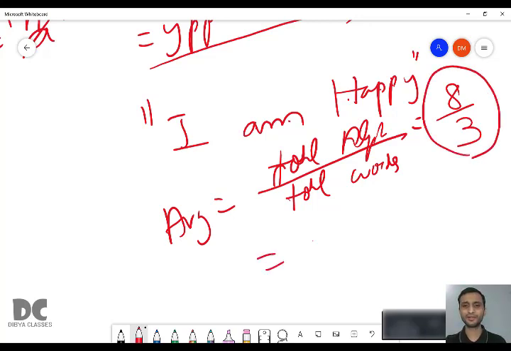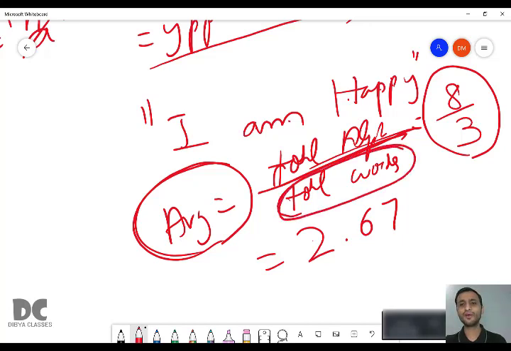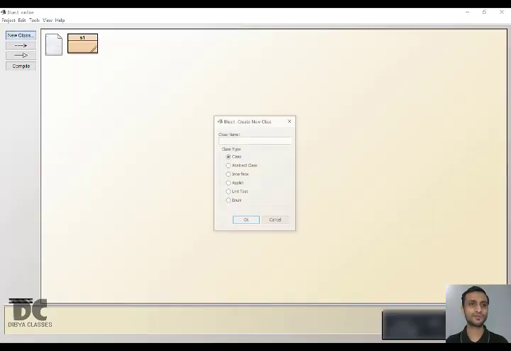So it will be 2.67 approximately. Similarly, it can be any sentence, and you have to find the average number of alphabets. That is given with the formula total alphabets divided by total words. So in the previous program, we understood how to find total words. Now what we'll do, we'll find the total alphabets. So now we have to check if a character is an alphabet or not. So we have to use a character function, that is Character.isLetter. So let us write the program for this.